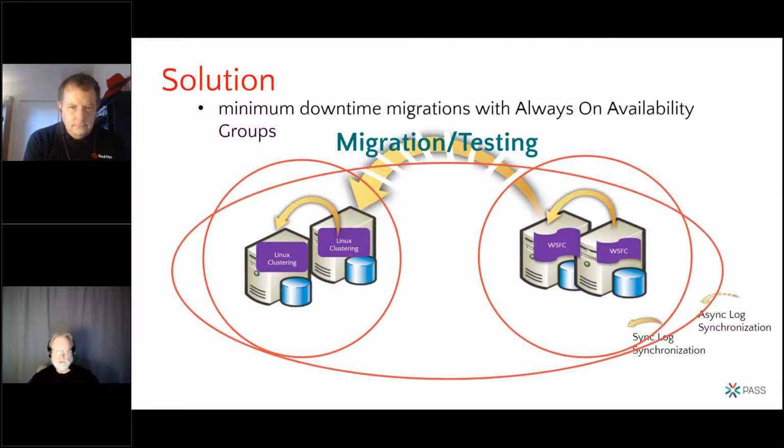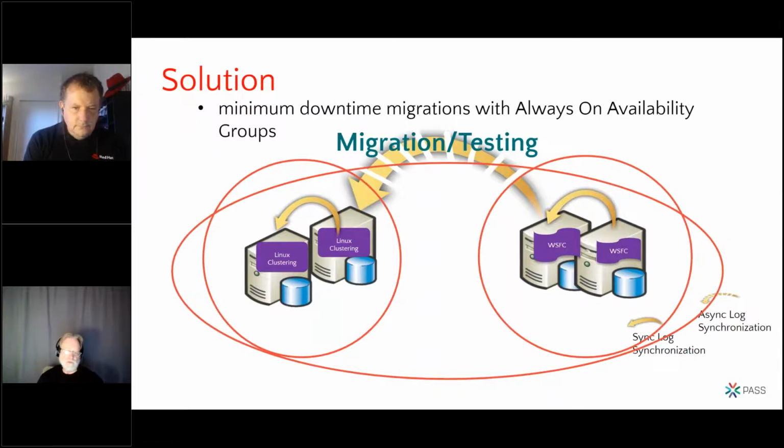It's those two Windows nodes on your right, having synchronous replication. You set up a similar infrastructure on Linux with Linux clustering and seed it with the data from the primary, the existing set of databases, and set that up as a distributed availability group between the Windows and the Linux clusters. And when you set up, so you add a second availability group, you can set it up to be